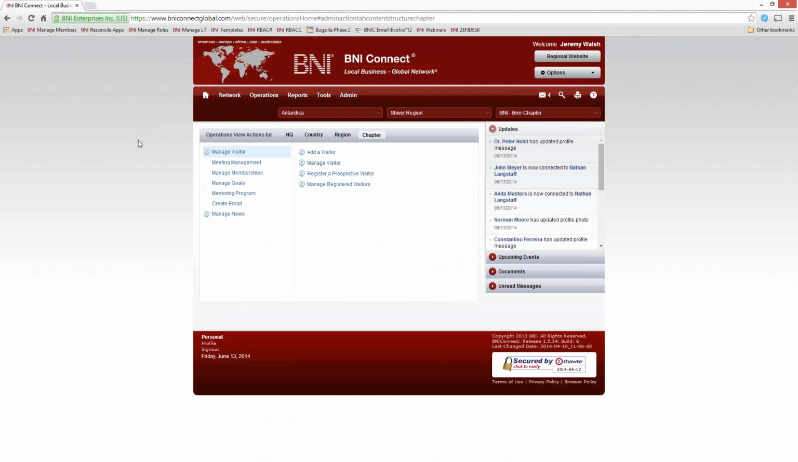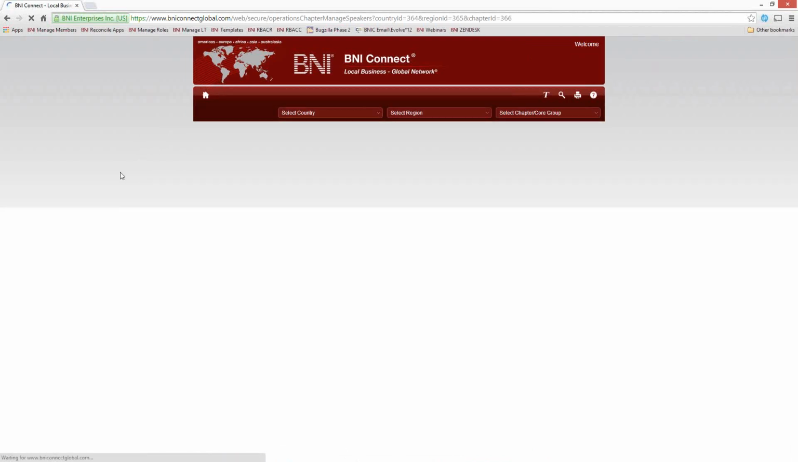Going back to the Operations menu, I'm still under Meeting Management. The third option here has to do with Secretary Treasurers, and that's viewing and editing the speakers. This is essentially putting your speaker rotation into BNI Connect. So if I click on View Edit Speakers,